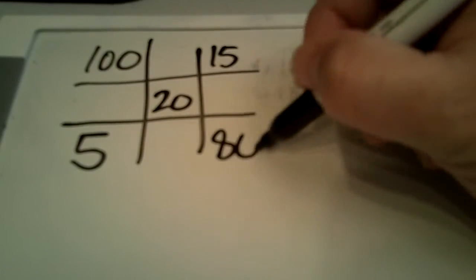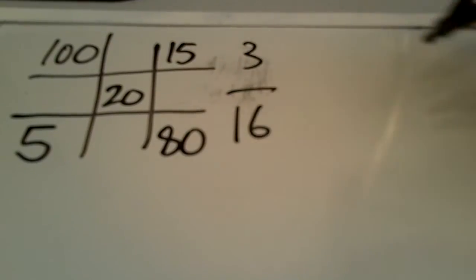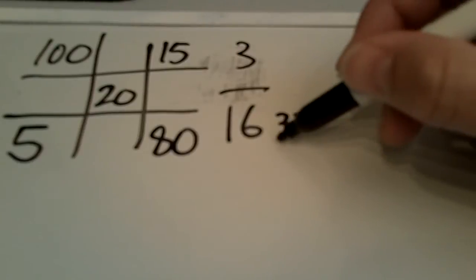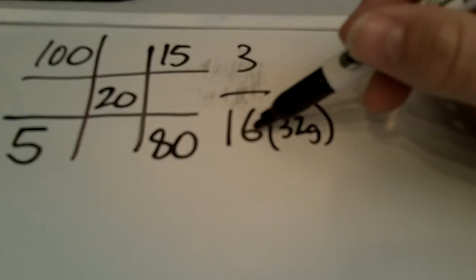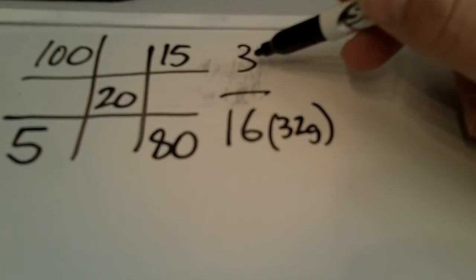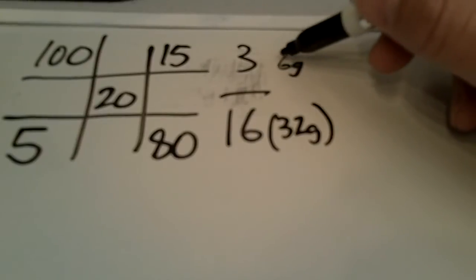Okay, the other route that a lot of people would take is alligation, because you have a higher percentage strength to work with, which is 100%, and then you have a lower, in this case it's 5%. So you set up your tic-tac-toe. We're looking for 20%, so we'll go ahead and figure things out going this way and this way. And so this ratio, we could knock that down to 3/16, apply our 32 grams, and then do our math and know that if 16 parts is 32 grams, then 3 parts would be 6 grams,